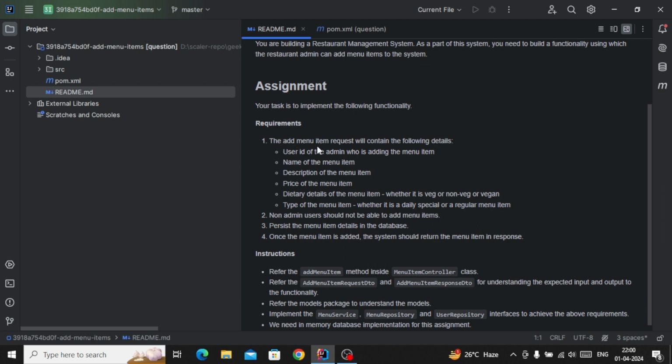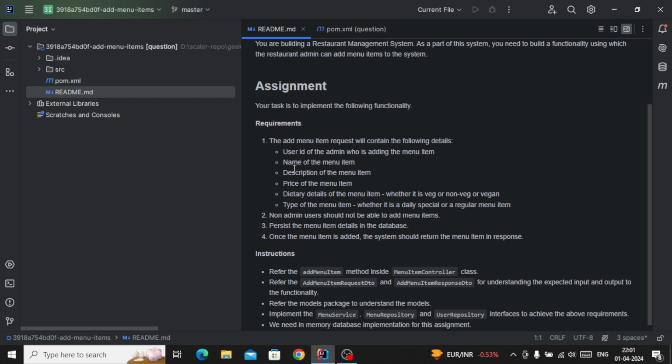The add menu item request will contain the following details: user ID of the admin who is adding the menu item. Okay, as is already clear here, what is the requirement? Only admin can add the menu item, no one other than admin can add the item.